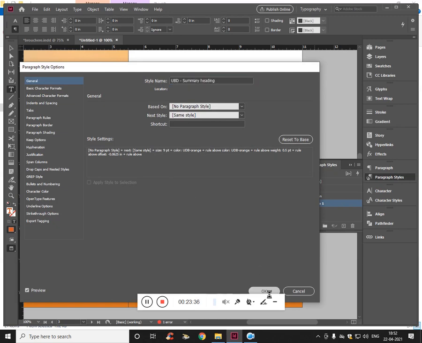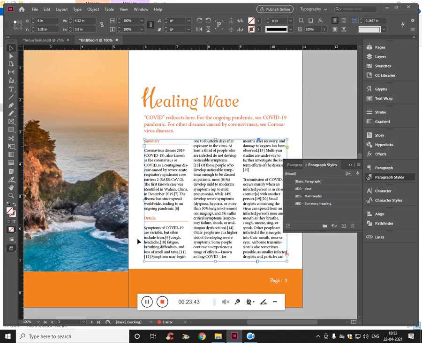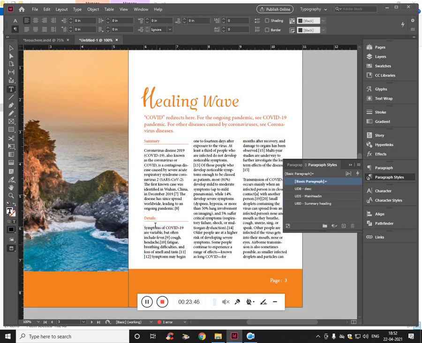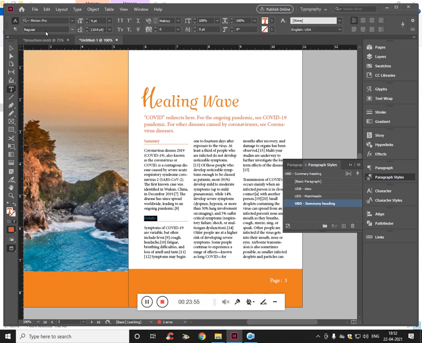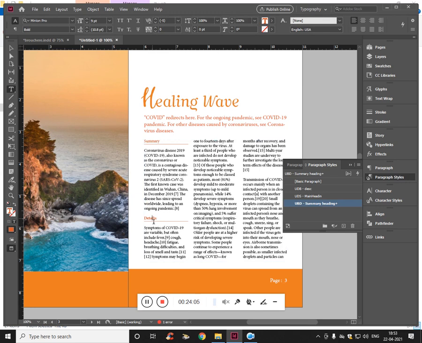So in case you want to modify it, you can also do that. Select this and make it bold. Now if you see the difference, this has bold and this doesn't have bold. To see the difference, the plus icon is there. If you click here, the plus is not there on summary heading. So if you click here, the plus is there. So for that, click here, and you have to choose redefine style. Once you click here, this will also be changed. So that has also changed. Well, that is working fine.